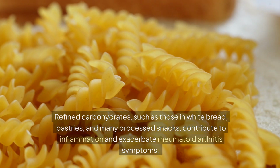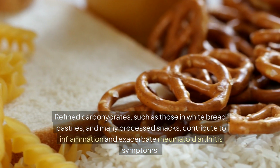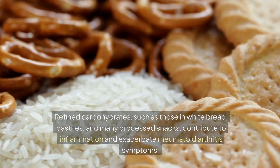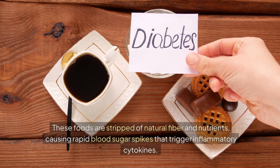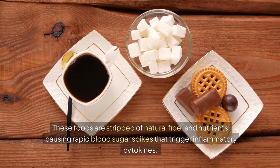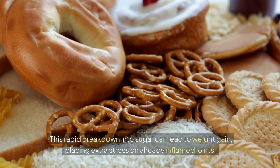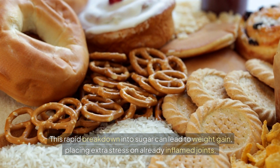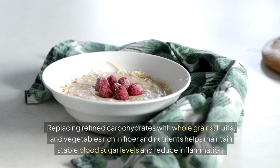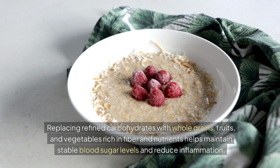Refined carbohydrates, such as those in white bread, pastries, and many processed snacks, contribute to inflammation and exacerbate rheumatoid arthritis symptoms. These foods are stripped of natural fiber and nutrients, causing rapid blood sugar spikes that trigger inflammatory cytokines. This rapid breakdown into sugar can lead to weight gain, placing extra stress on already inflamed joints. Replacing refined carbohydrates with whole grains, fruits, and vegetables rich in fiber and nutrients helps maintain stable blood sugar levels